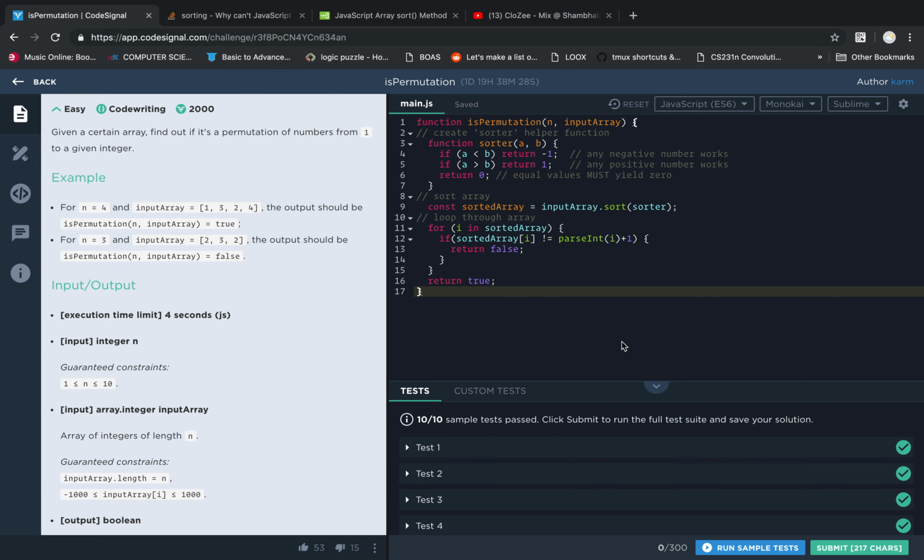It's Brian here. I'm back at you with another short, little, easy coding challenge in JavaScript. So, this challenge, what they're going to do is give us a number n and an input array. And it says the output should tell us whether the input array is a permutation of the numbers 1 through